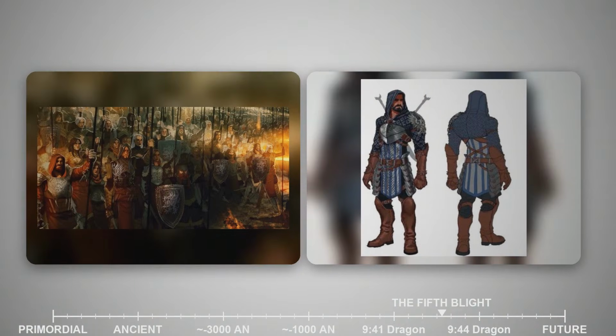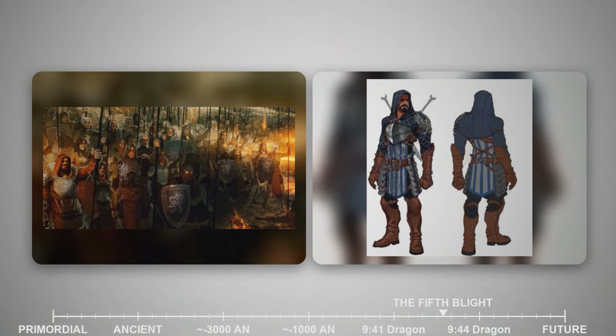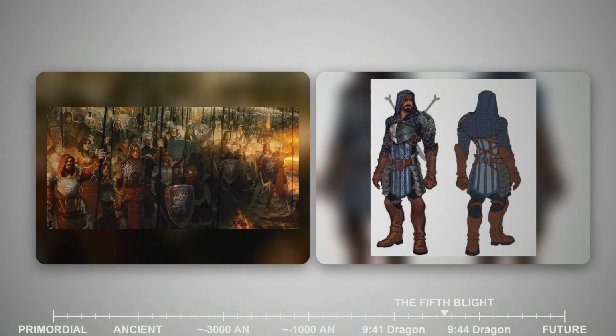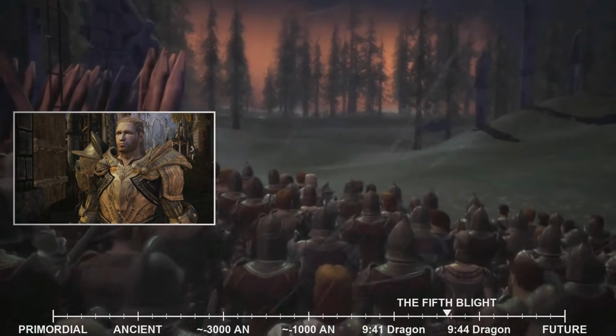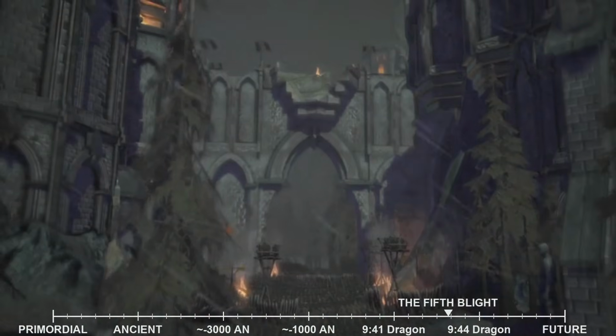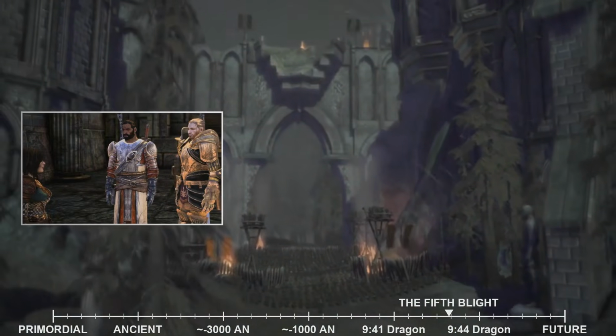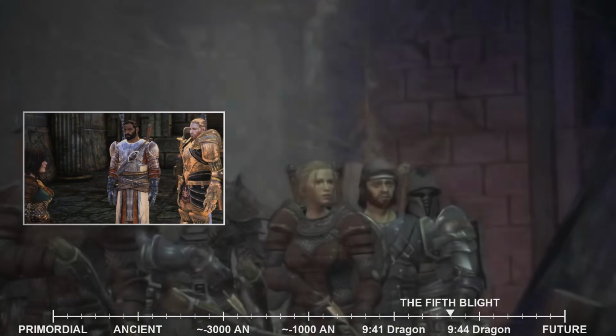Their arrival at Ostagar was a beacon of hope for the beleaguered Ferelden forces, a testament to the fact that not all was lost. It was during this critical juncture, as the storm clouds of war gathered over Ostagar, that the fate of Thedas would become inextricably linked with the actions of a single individual: you, the player character.